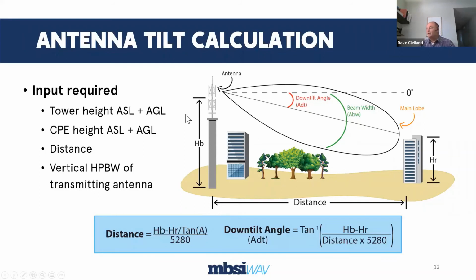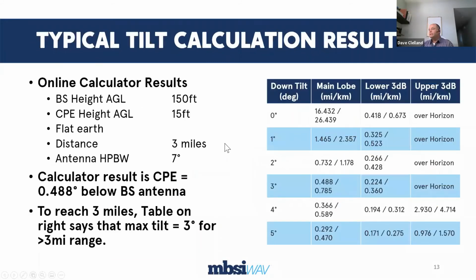Tools like Cambium's link planner, you press a button and it does it for you. It calculates what the down tilt should be for the CPE that are connected to a particular sector, and then automatically adjusts that tilt for the maximum performance for the CPE connected to that sector. Other tools do the same thing, but if you have to do it by hand, this is the way to do it with a spreadsheet. So